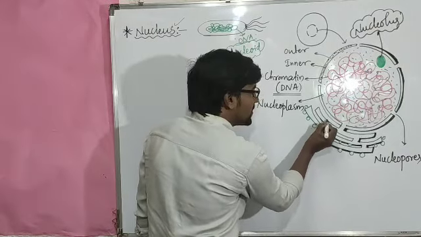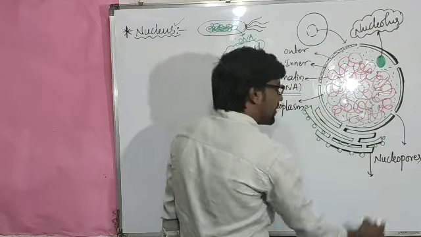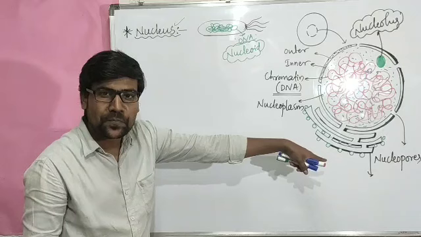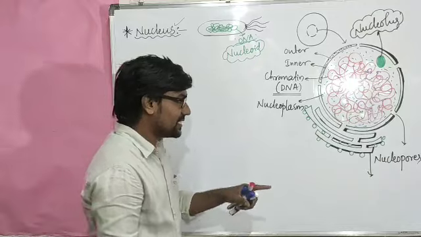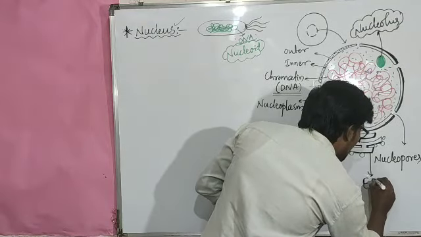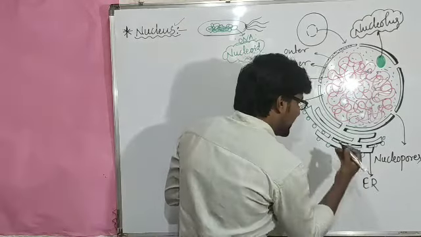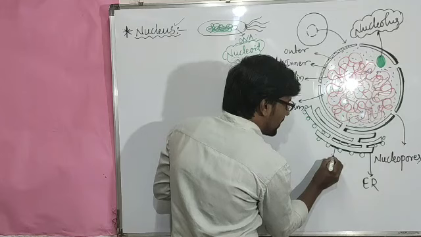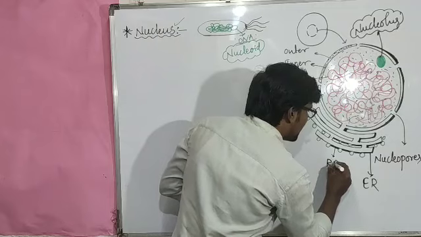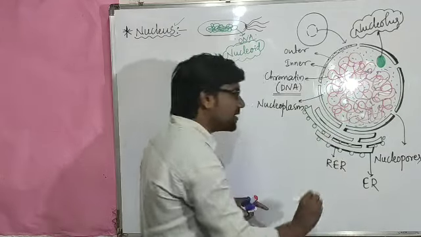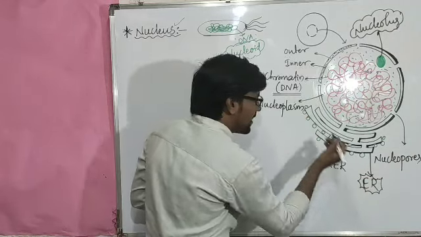I will tell you their function. And here sometimes these nucleopores are attached from outside with extra reticular structures. What is that structure? In the previous class we observed that one. Yes, this is ER. What is ER? Endoplasmic reticulum. And in this ER, particularly this one, it is attached with ribosomes. That means this is RER, rough endoplasmic reticulum. So this total structure is ER actually, and this is RER.